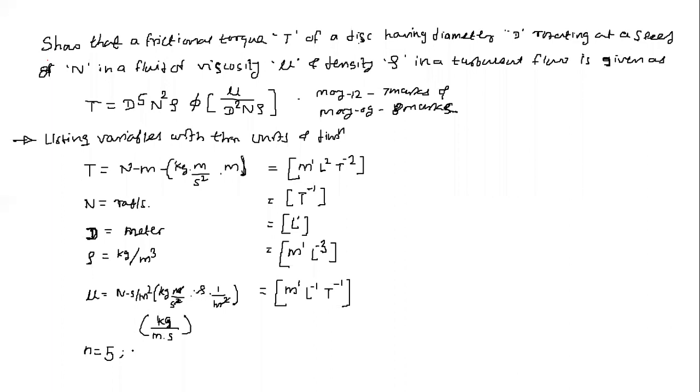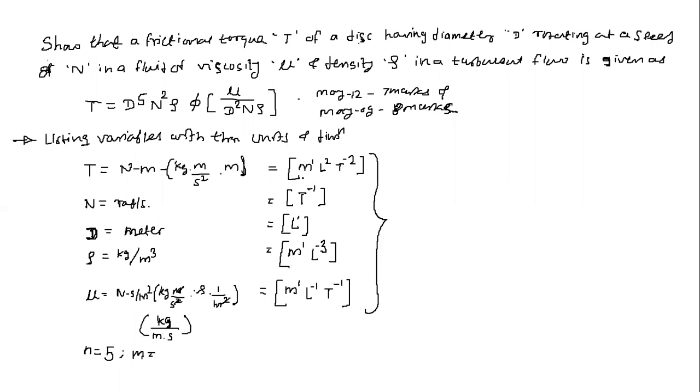Now out of that we have to find out how many fundamental dimensions are there. Which are the fundamental dimensions? M, L, and T. It may happen that in one of the physical quantities all exist, or in other quantities two of them exist, or only one exists, but we have to check how many of the total three fundamental dimensions are present in the dimensions we have written here for all the physical quantities.